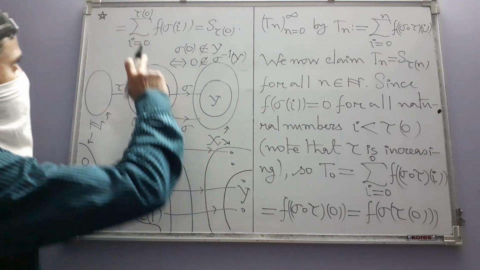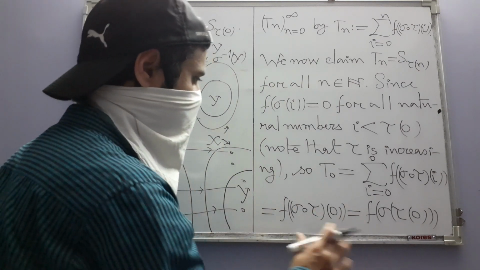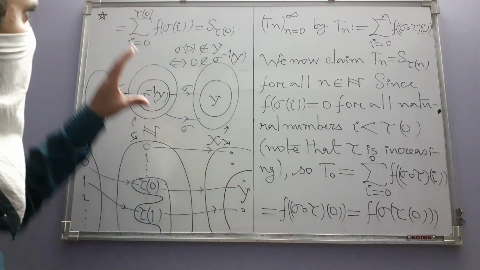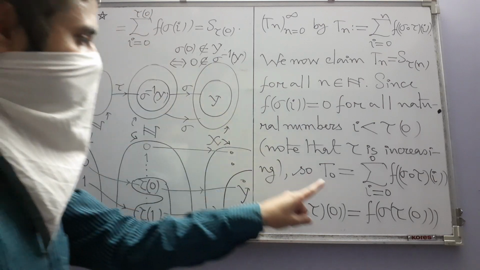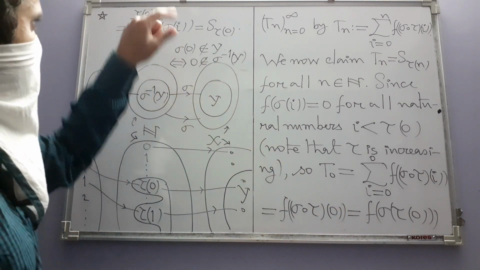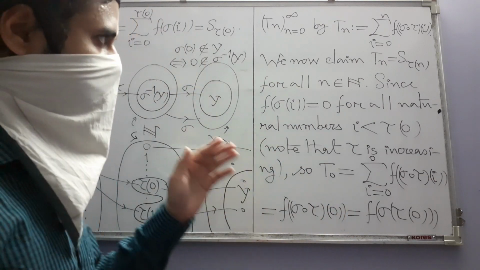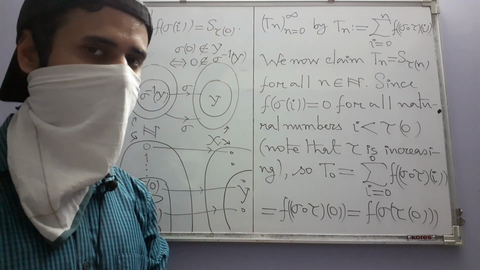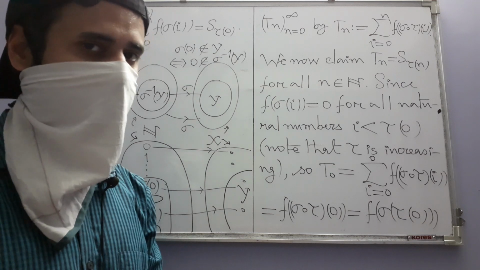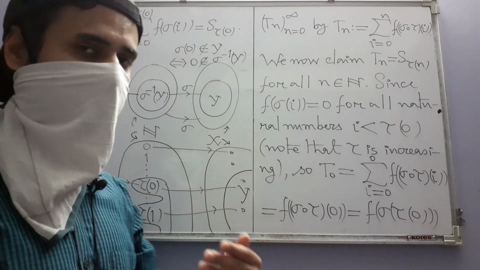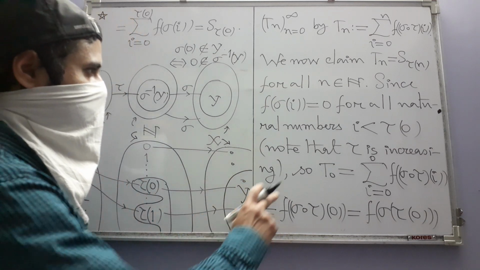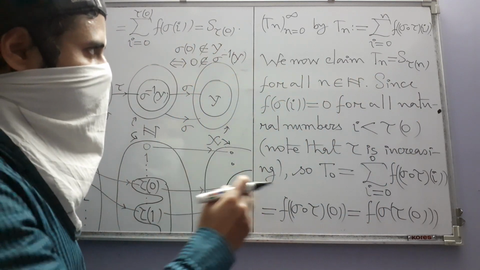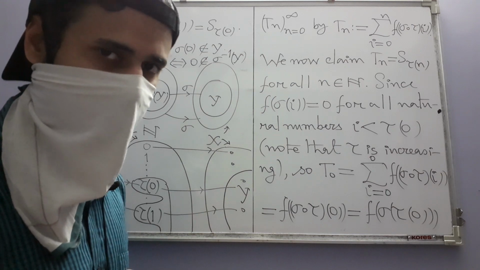Okay. So the only non-zero value, that f value that you are going to have in this sum, is for I equal to tau of 0. So that's why you are having this S of tau of 0. And now I think it will be clear if I write the next line. So whatever we have claimed here has been proved for the case n equal to 0. That is the basis of our induction.